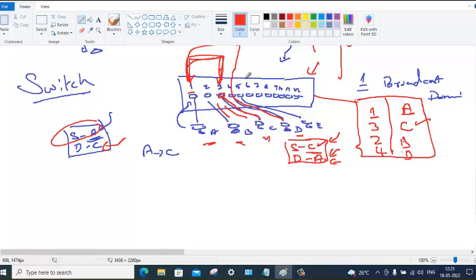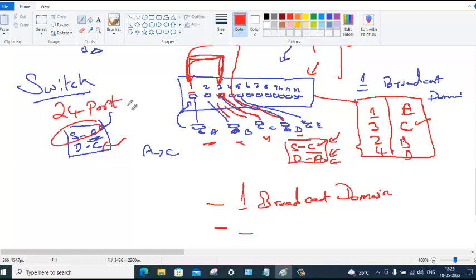Meaning, switches have one broadcast domain, but the collision domain is not one. If I have a 24 port switch, you will have 24 collision domains.